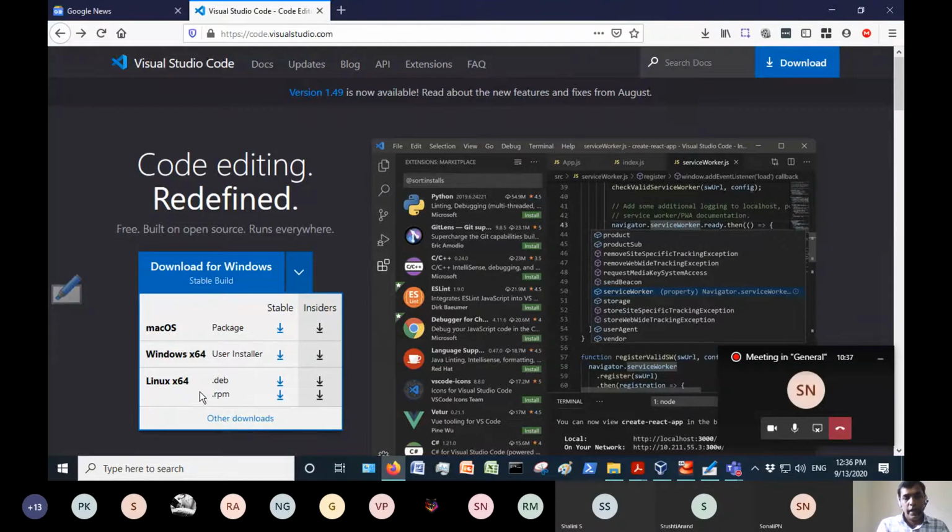So if you are using Linux like ours, then the RPM package should be selected, because Ubuntu and other operating systems come under the Debian Linux distribution, whereas Red Hat, Fedora and CentOS come under Red Hat Linux. So RPM is Red Hat Package Manager. So the RPM file should be selected and you should install that if you are installing it on Linux. Anyway, I won't go into it. This is the location, code.visualstudio.com is the site.